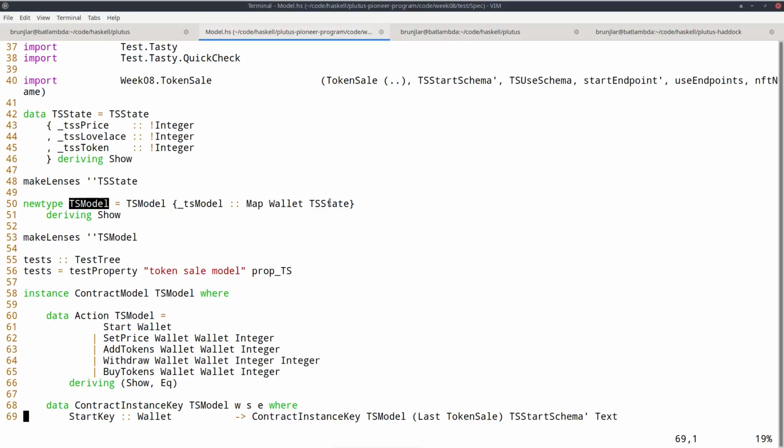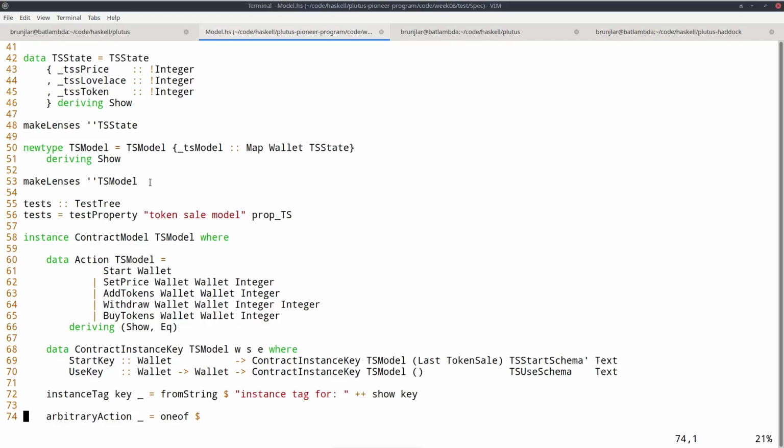And the idea to use a map is that in the beginning, before the contract has started, there won't be an entry for that wallet, and once the contract has started, there will be an entry for that wallet with the current state. And I also implement lenses for that, because we also need optics in order to interact with the library, with this Plutus.Contract.Test.ContractModel library.